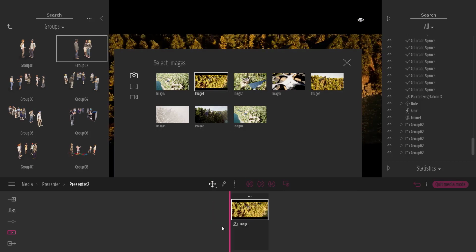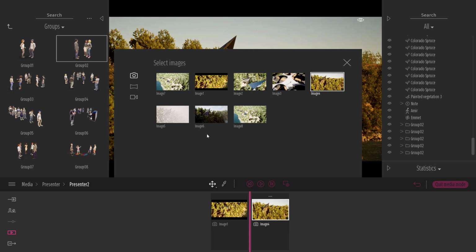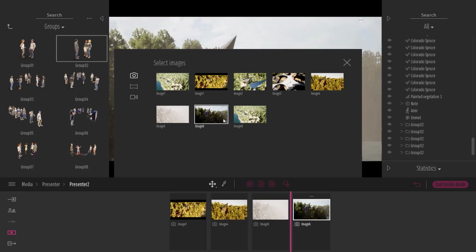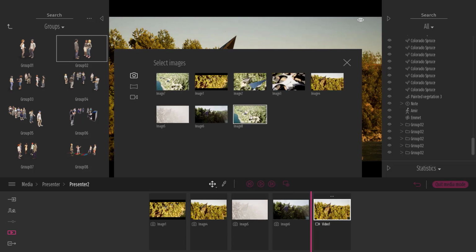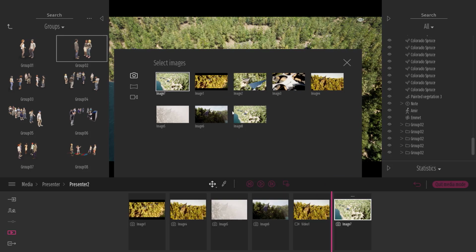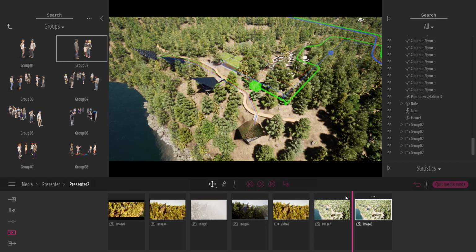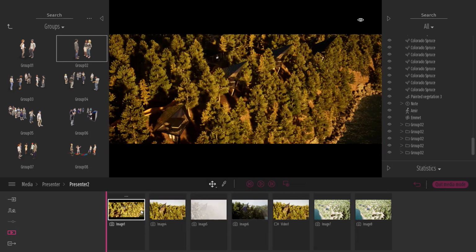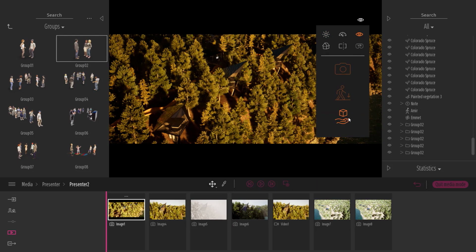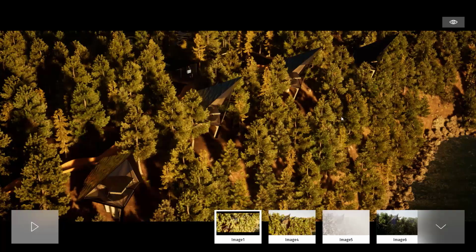So you can just create some slides. You just drag and drop the media you have set up inside your project. So let me just drag a couple of images. I can drag and drop also a video, maybe some more images like the one with and without the MEP. So here I can create my presentation. And at the end, I export that as a standalone viewer. When my client double-clicks on the executable file, it will be just like that, in full screen mode.